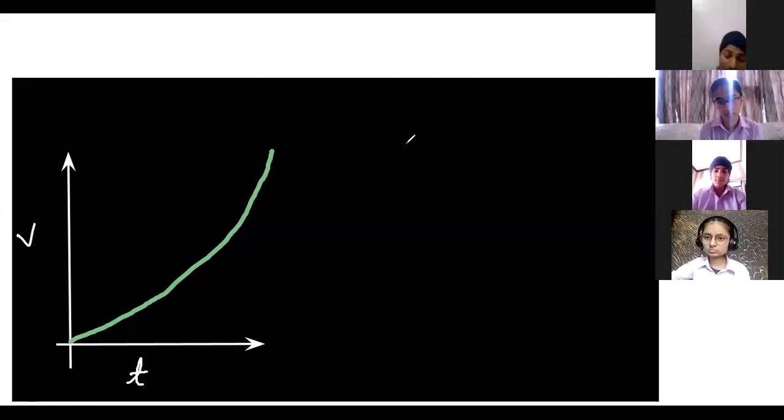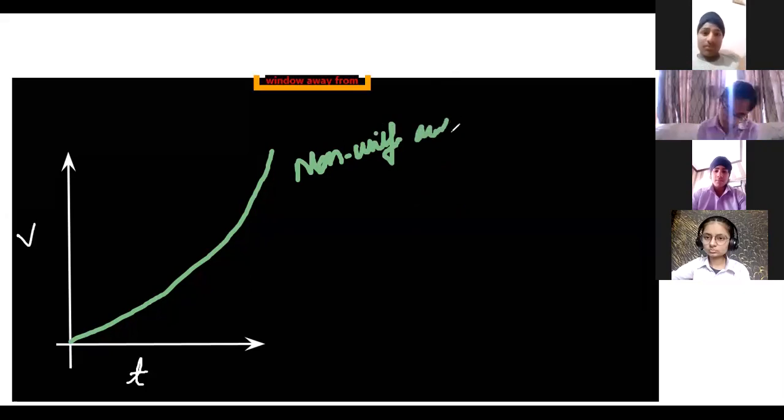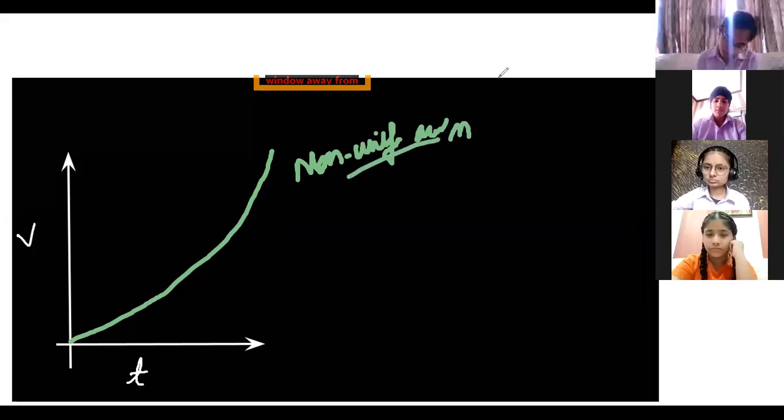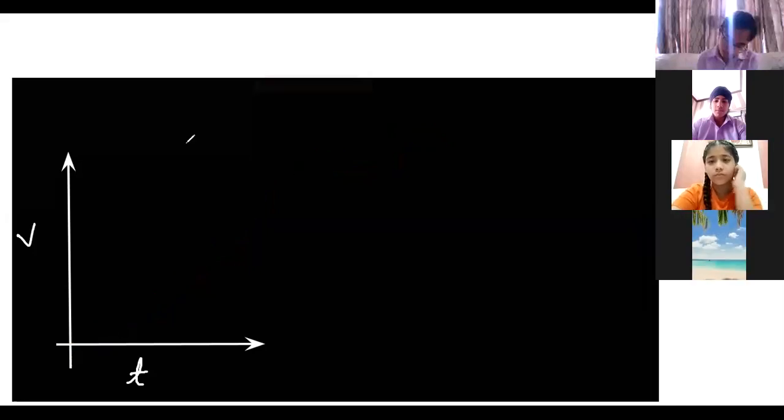It is non-uniform. Children, in the class, in the starting of the graph, I told you one thing, that in the graph, wherever you have a straight line, that gives uniformity. And if the line is not straight, that is non-uniform. So here the line you have, this is not straight. So this is non-uniform. Because the velocity is changing, so there exists acceleration. So this is non-uniform kind of accelerated motion. This is accelerated motion, but the non-uniform kind of accelerated motion. Hope it is clear. A positive acceleration, but non-uniform.